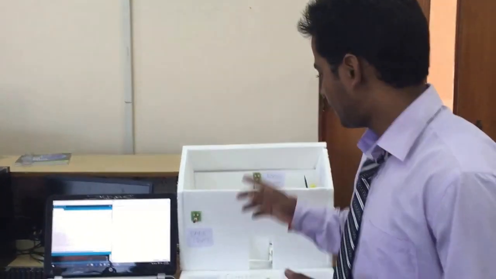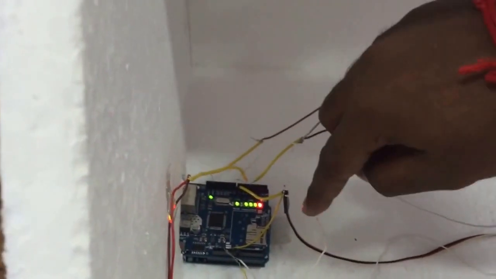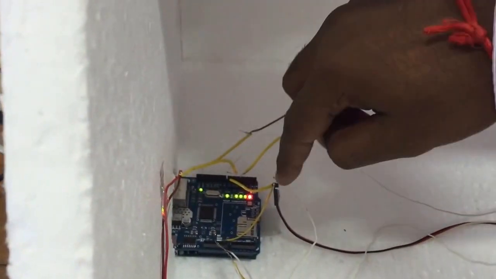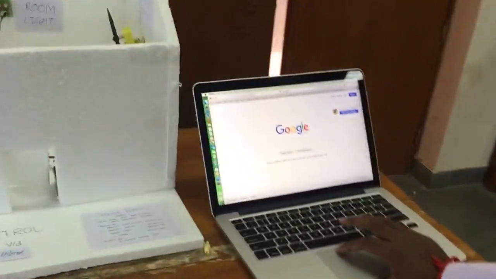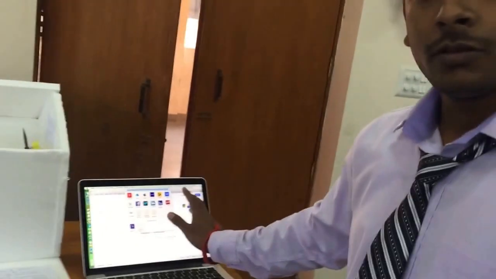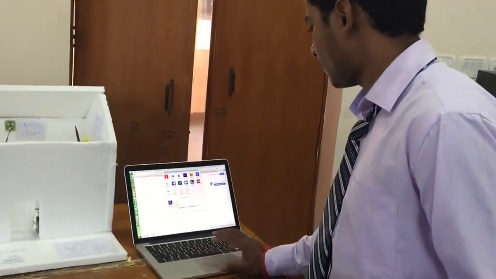Hello friends, we need three things to control anything from the internet. First of all, we need an Arduino web server and Ethernet shield, which is connected via the internet from the smb2.ac.in server, which will provide a static IP. Second, we need a simple browser, our browser Chrome, or you can browse it on Mozilla Firefox.